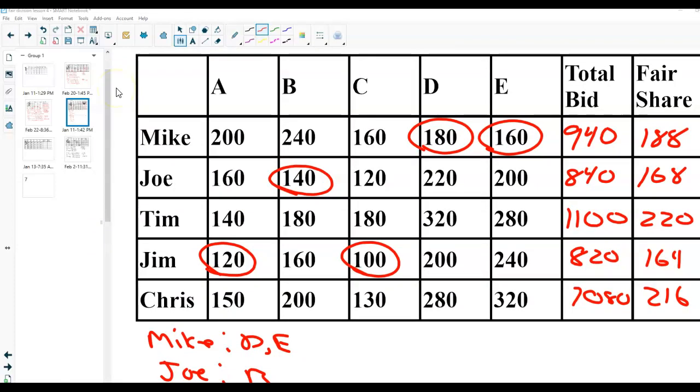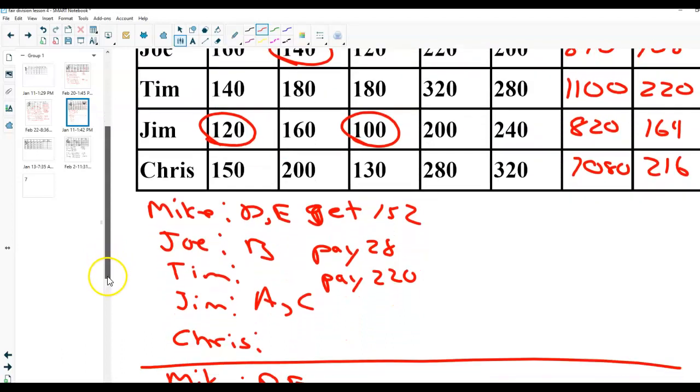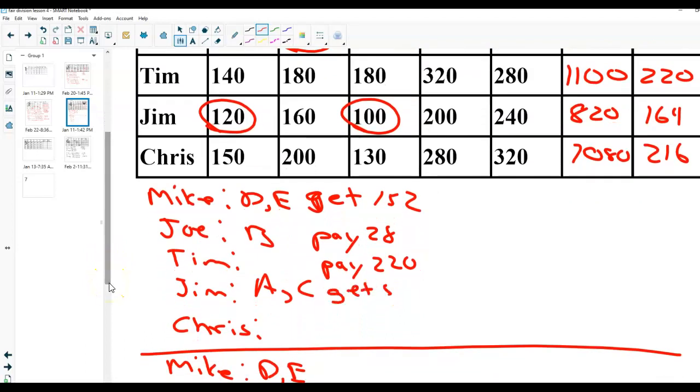So Mike's 2 jobs are 180 and 160. He's doing $340 worth of work. That's more than 188. Mike's going to get $152. Joe is $28 less than his fair share. He pays $28. Tim pays the full fair share of $220. Jim is doing $220 worth of work, and we subtract $164. So Jim is going to get $56,